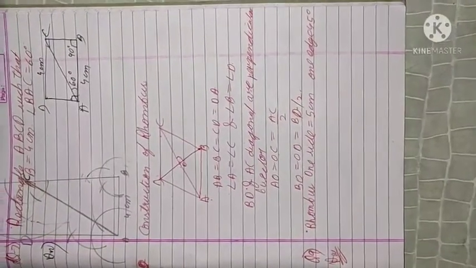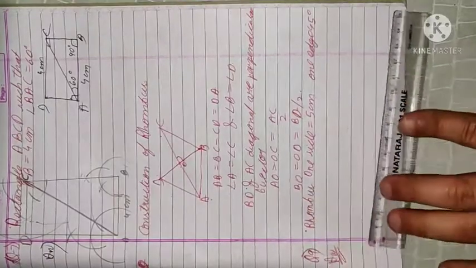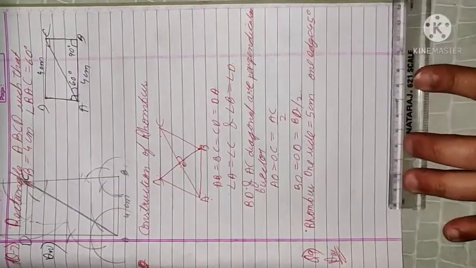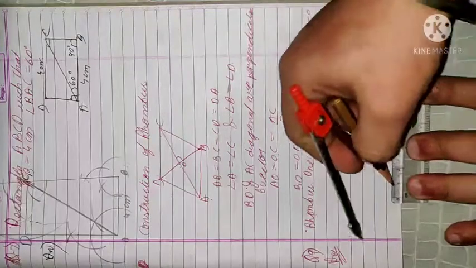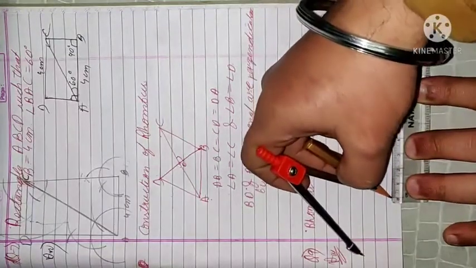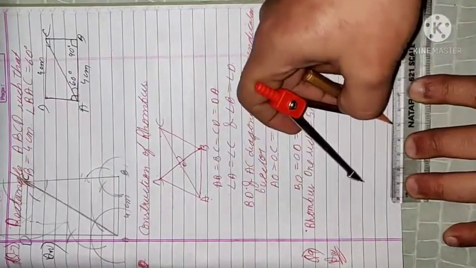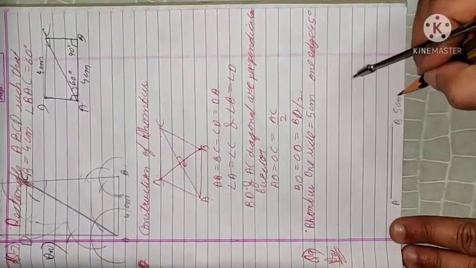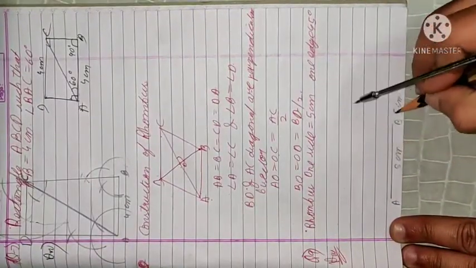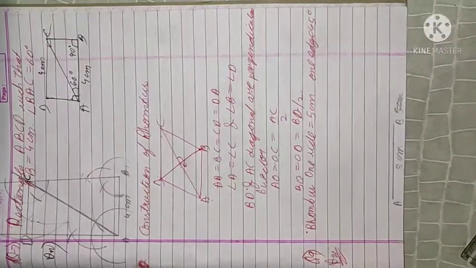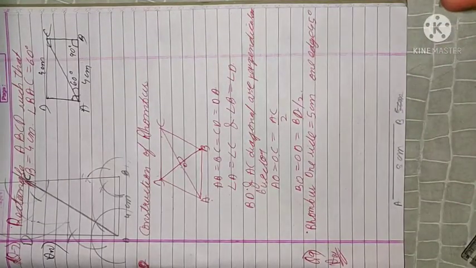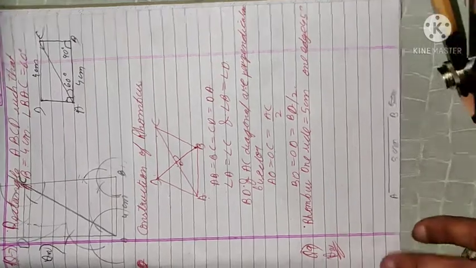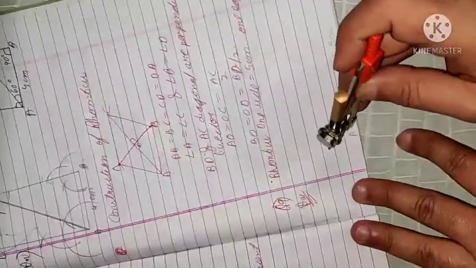Here the question says that one side of the rhombus is 5 centimeters, that is, its base is 5 centimeters, meaning all sides are 5 centimeters. We will construct 5 centimeters first. This is AB. This is 5 centimeters. Now, one angle is said to be 45 degree. If we take this A as 45 degree,